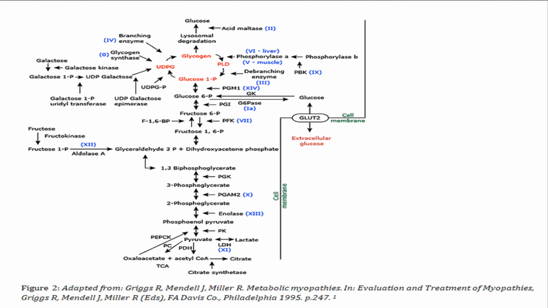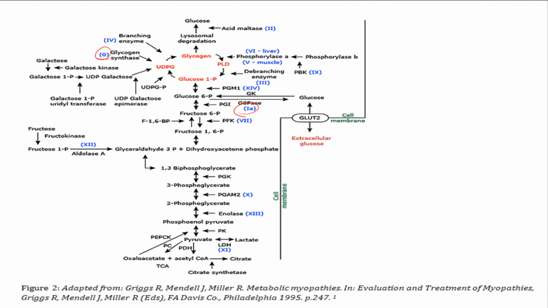Here you can see that type 0 is caused whenever there is a lack of the enzyme glycogen synthase. Where is this glycogen synthase utilized? In the synthesis of glycogen. And type 1, so where is type 1? Here you can see type 1a, the conversion of glucose 6-phosphate to glucose. That is also very important, right? In the conversion of glucose 6-phosphate to glucose, what is the enzyme used here? Glucose 6-phosphatase. If there is a lack of glucose 6-phosphatase, that leads to the disease called type 1a. And there is type 1b also.